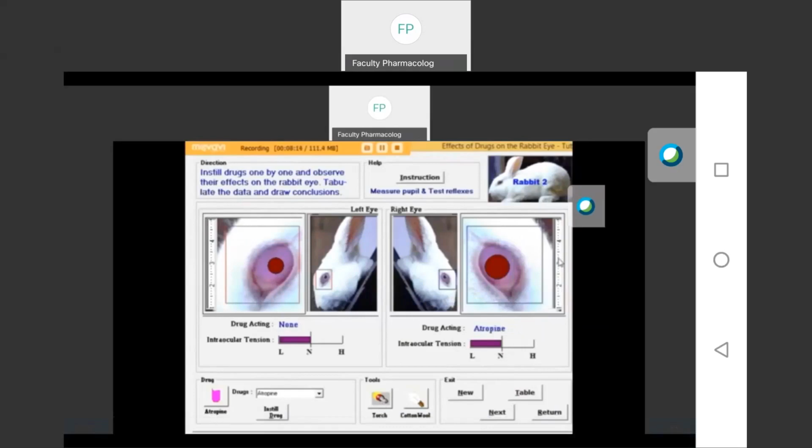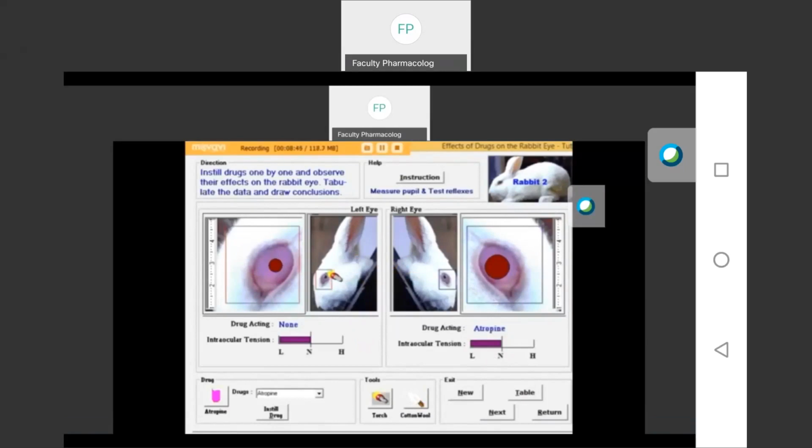Click on rabbit 2. You can see rabbit 2. So we have selected atropine on the right eye. You can see the dilatation of the pupil. The intraocular pressure is normal in both the left eye and the right eye. Then check for the corneal reflex with cotton wool.